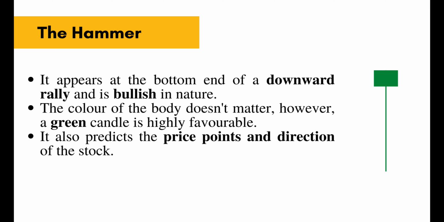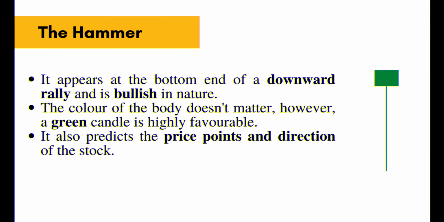The paper umbrella appearing at the bottom of a downward rally is categorized as the hammer and is bullish in nature. The concept behind the hammer is that the bears were in control of the markets in a downtrend and markets were making new lows until a hammer appeared. On the day the hammer appeared, there was some buying activity which pushed the closing price higher, preventing markets from closing at a new low. This buying activity represents the entry of bulls and probable bullish movements in the market. Hence a hammer formation suggests a long trade.